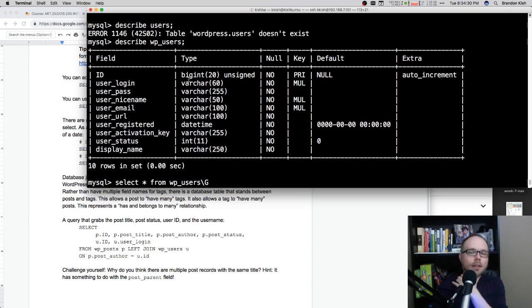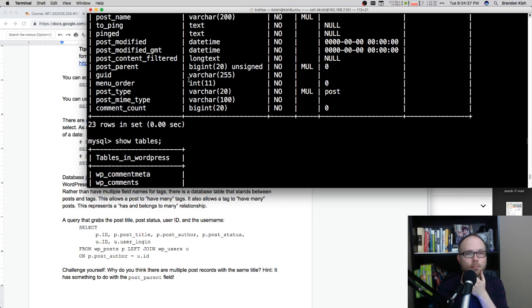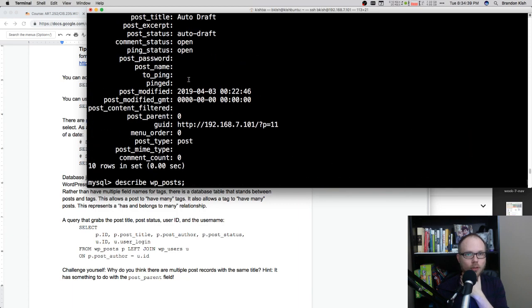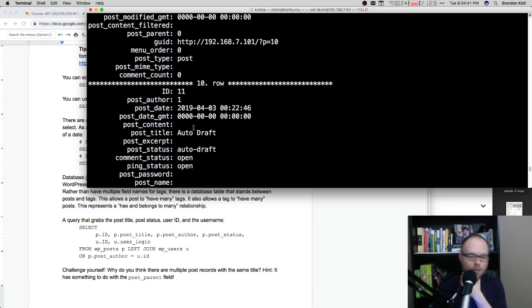So I mentioned that databases, relational databases in particular, try to avoid duplicating content. If every time Brandon Kish created a post, it had to add my name to the post table, that would be really redundant. So instead, the concept of normalization forces database authors to separate out data that is going to be replicated into separate tables.